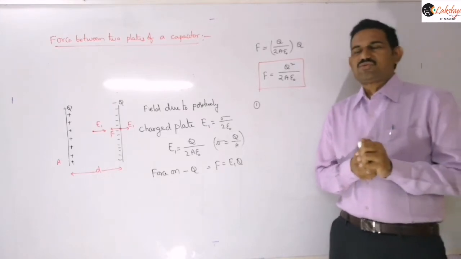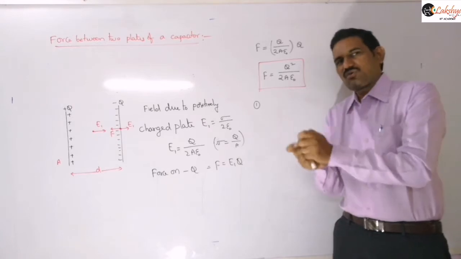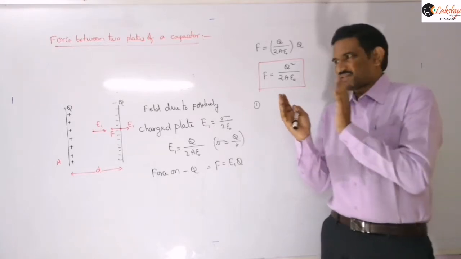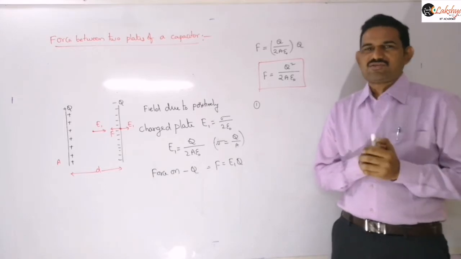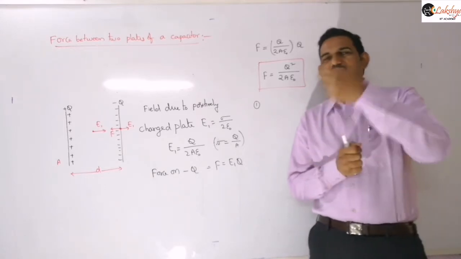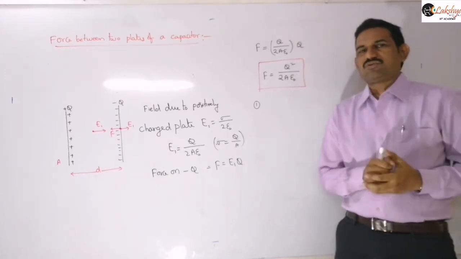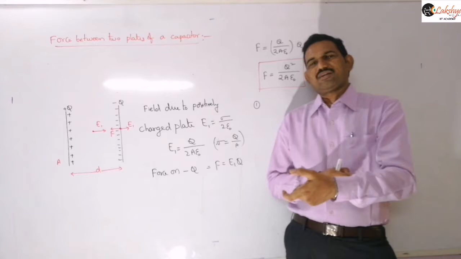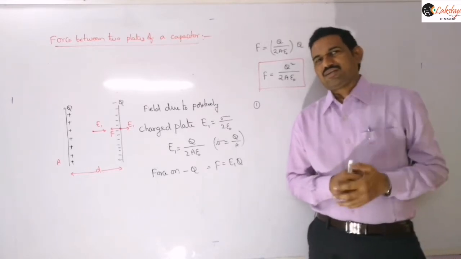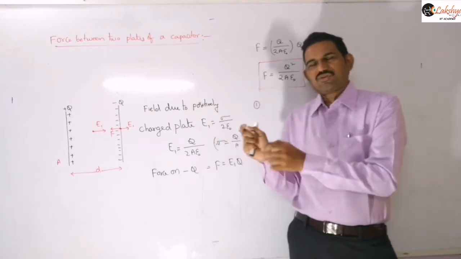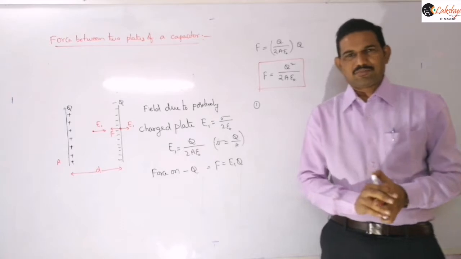Separation between the two plates means, you know already, when D is comparatively small. Suppose the size of the plate is some 2 meters area, for example, and the separation is 1 centimeter. If you are increasing from 1 centimeter to 2 centimeters, then it doesn't affect there. That means D is still small when compared to the size of the plate. But if the size of the plate is 2 meters and you are separating by a distance of 10 meters, then you can't even apply this formula, right? So in all the cases we are going to discuss, D is small only when compared to the size of the plate, right?